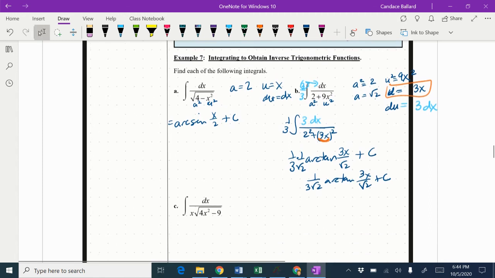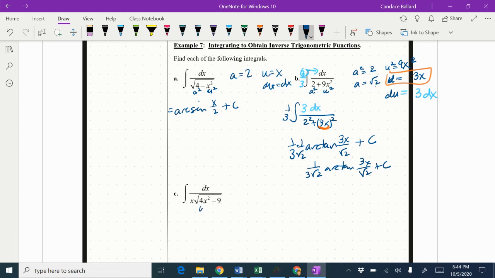All right, let's take a look at this one. So this time, this is the u squared, this is the a squared, right? The u squared always has the variable in it. So that means that u is going to be equal to 2x, and that a is going to be equal to 3. So du is equal to 2dx. So this would be kind of like the regular u. This would be more like our 2x. So I'm going to have to multiply top and bottom by 2, meaning I'm putting a 2 on the inside. So I'm going to rewrite a little bit. So we have 1/2 times 2dx